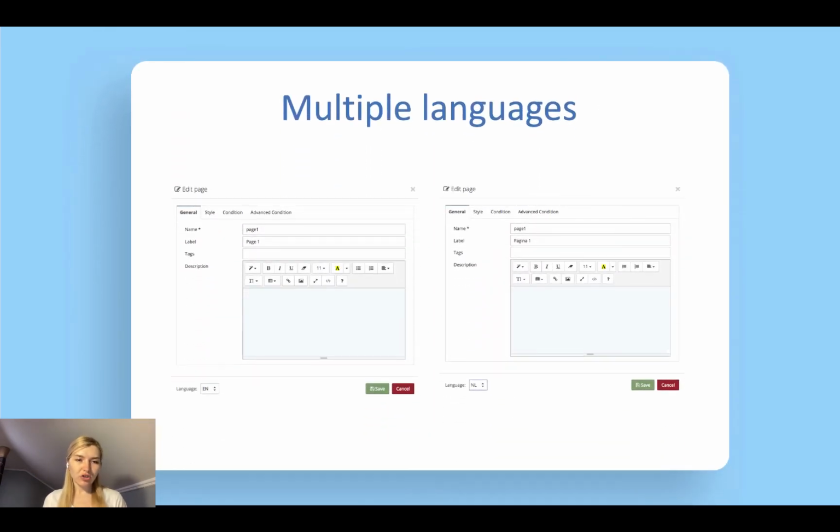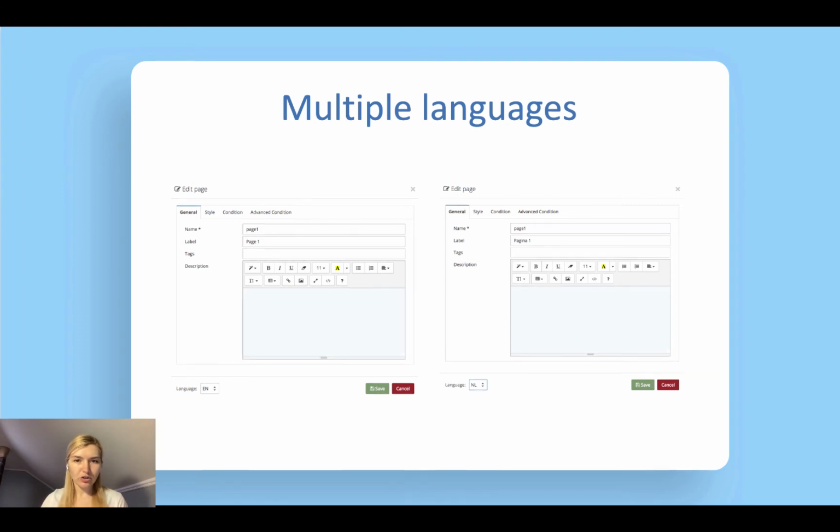We have a possibility to change the language on which we want to provide some labels. On the left side, we can see that we click Edit Page option, and we have a name as a required field, and this name is the same for both. On the left side is English localization, on the right it's NL localization. It happens because name is something like an ID in our database. That's why name can't be changed when we change the localization. And a label is different. On the left side we have English version, and on the right part we have